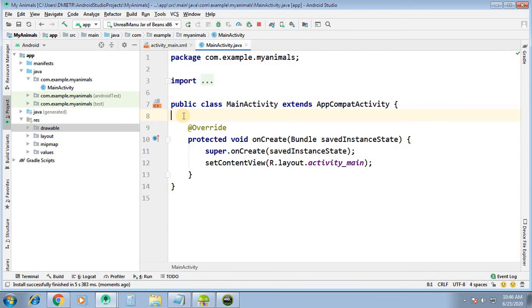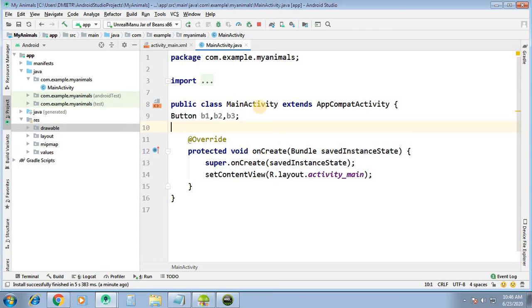So we have three buttons, B1, B2, B3. B1 is for tiger, B2 is for penguin, and B3 is for jellyfish. And we have the image view, IV. We have to map all these things from XML into Java.